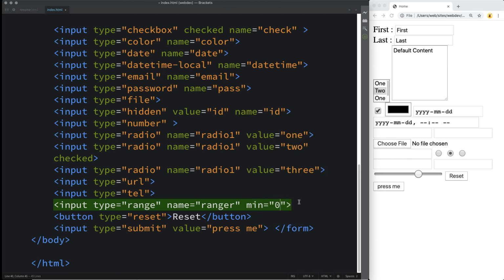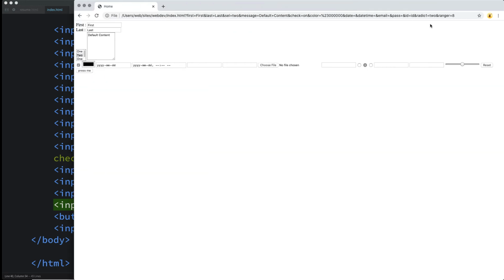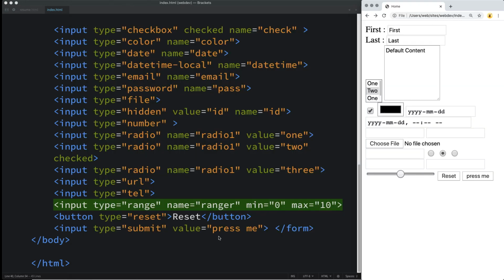So if we wanted 0 and the max to be 10, and these are set within the attributes of the input, then somewhere in the middle there, the value for the range is going to be around 8. This is another one that you have to be really careful of. Even though it looks nice and provides a really nice option visually, it might not always be supported by every browser, so do test it before using it.